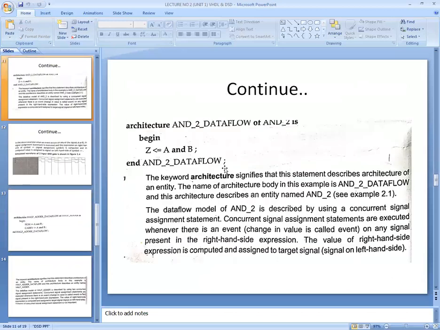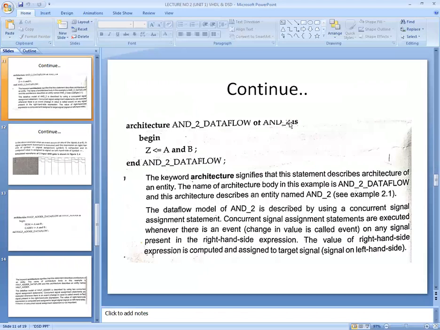If you write the architecture part of an AND gate, first you declare the entity in the declarative part, as discussed in my previous video, where I showed how you can declare the entity of an AND gate. After that you can define the architecture body.